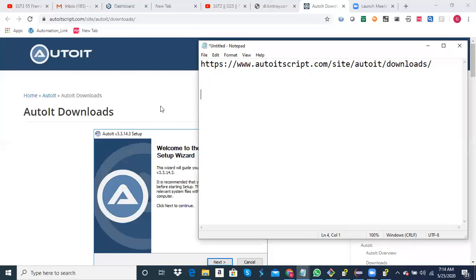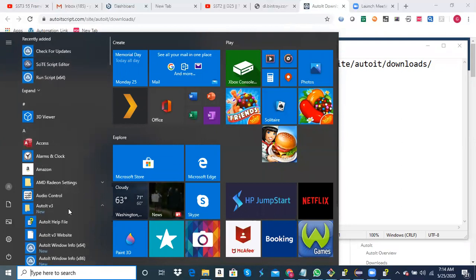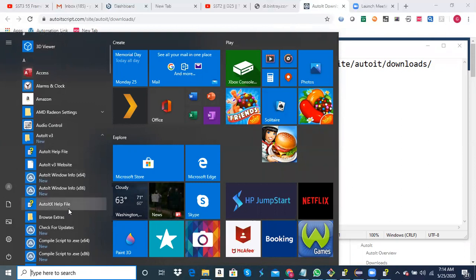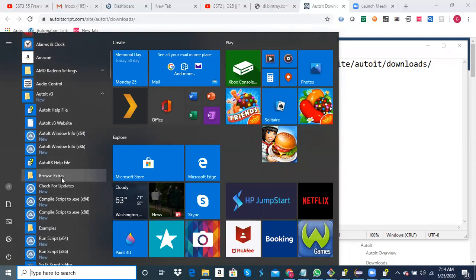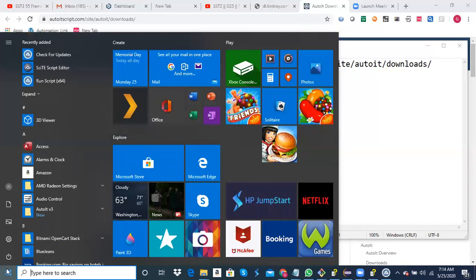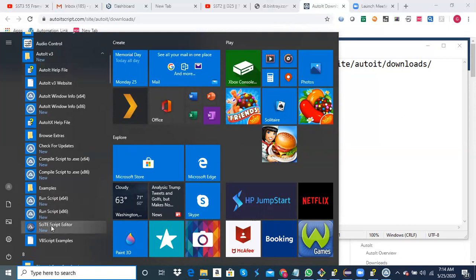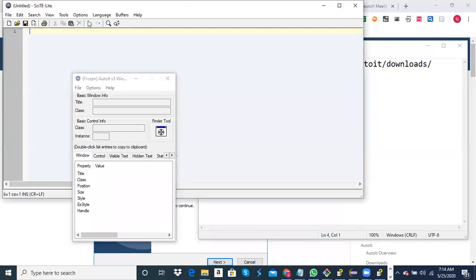So all these operations can be done automatically using AutoIT. Okay, so now I'll show you where this AutoIT is. Let's say, yeah, this is installed, right? Maybe you can go here. Here you can see there are a couple of options we have. One thing we can do is AutoIT Window Info. So this is one tool we need to use. I'll show you how it can be utilized. And apart from that, there is this script editor, where you can write AutoIT scripts.